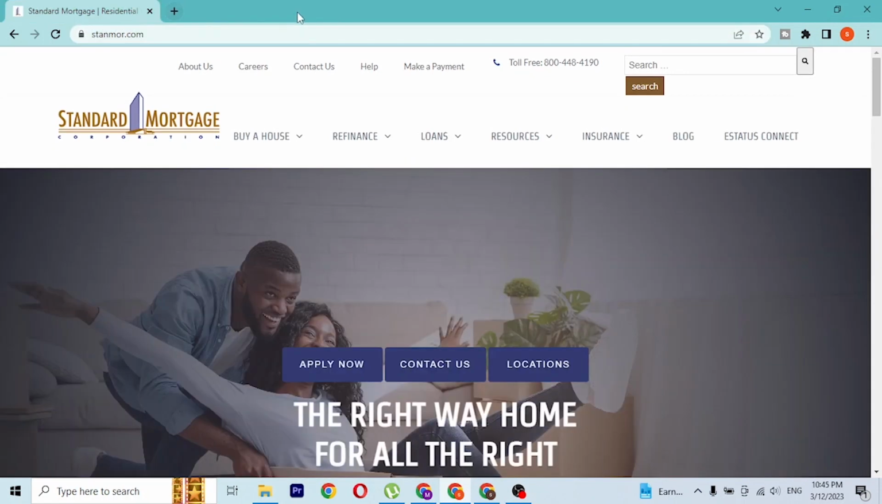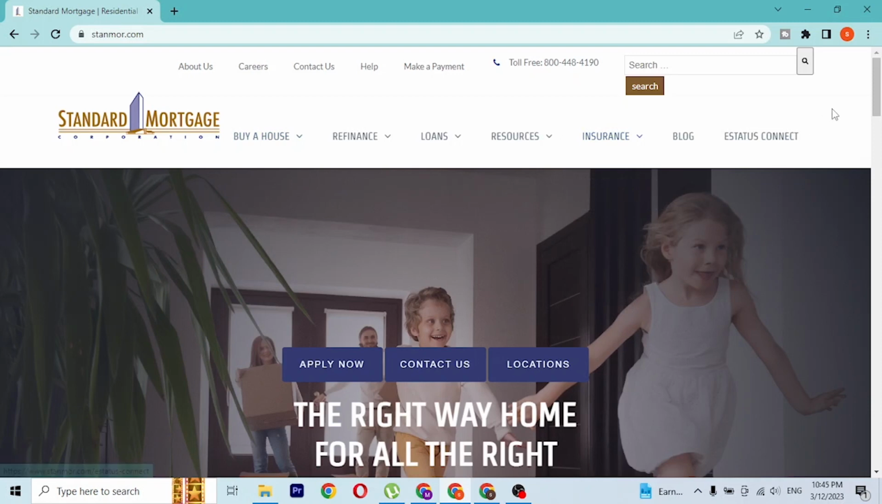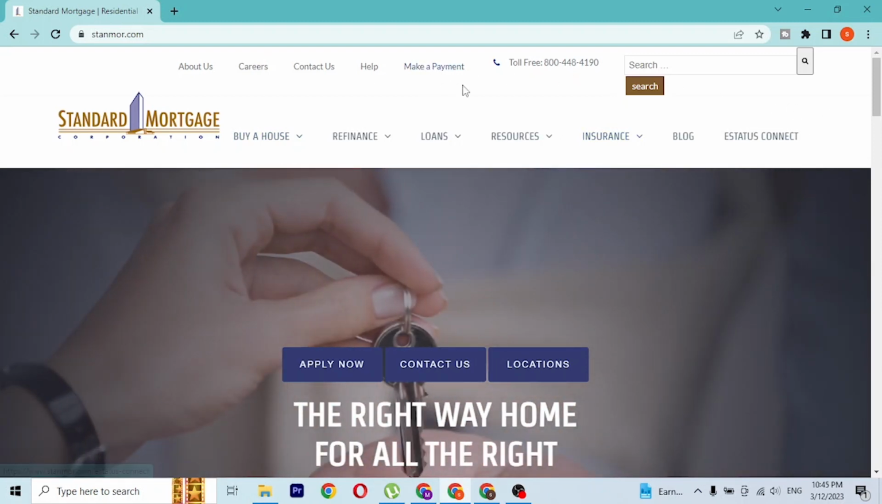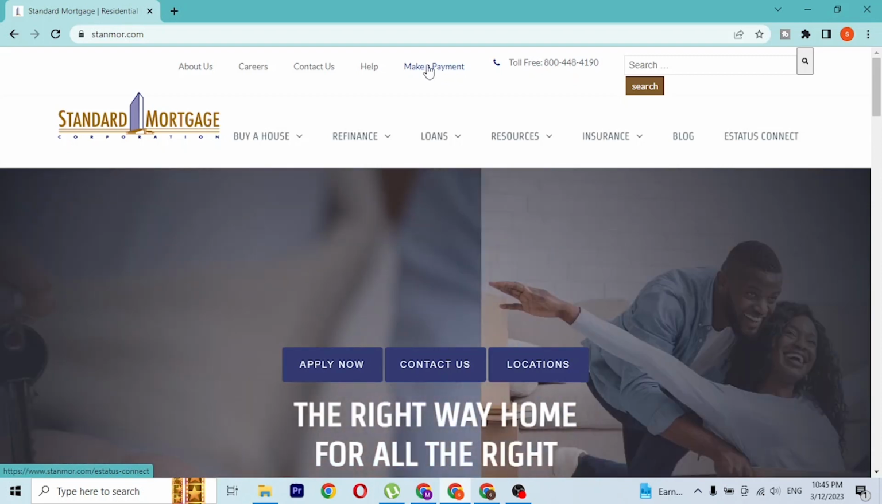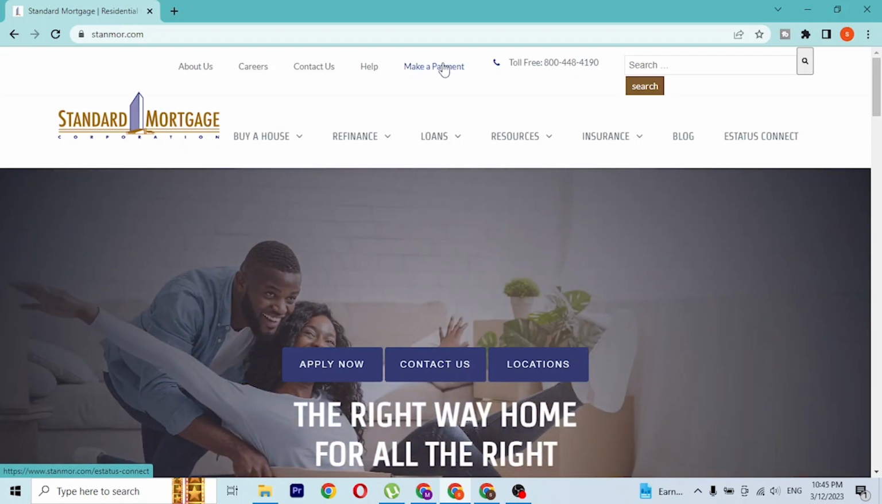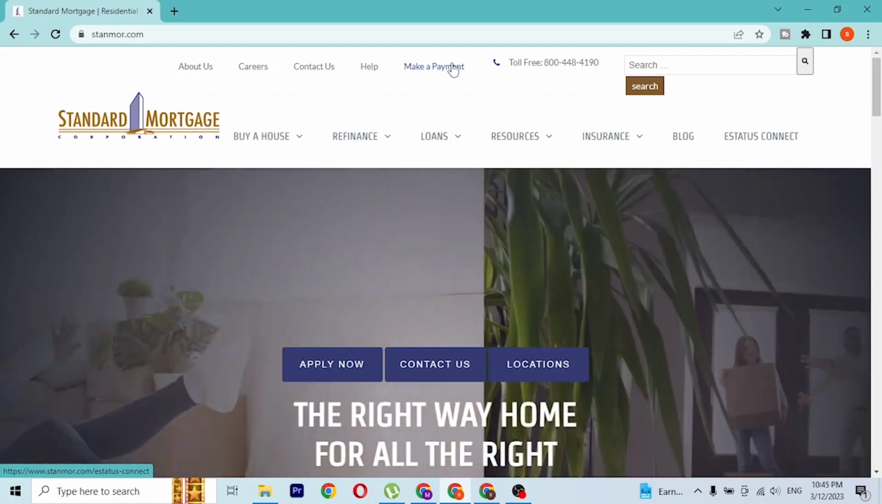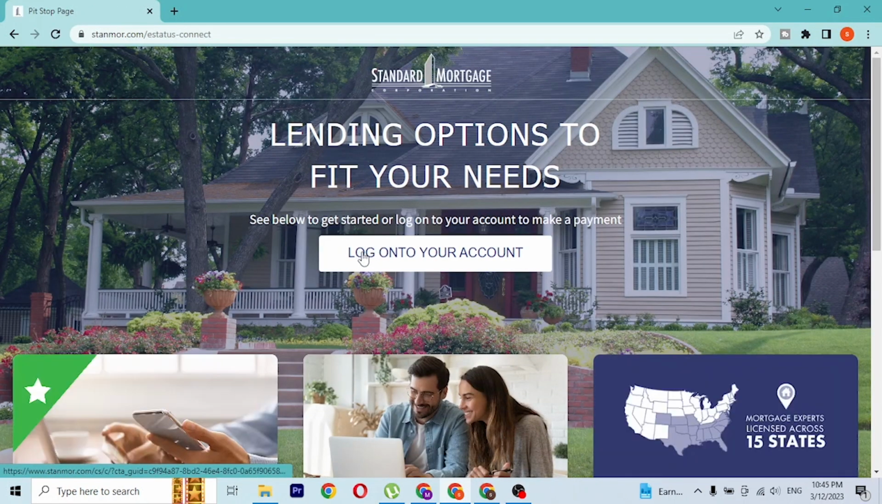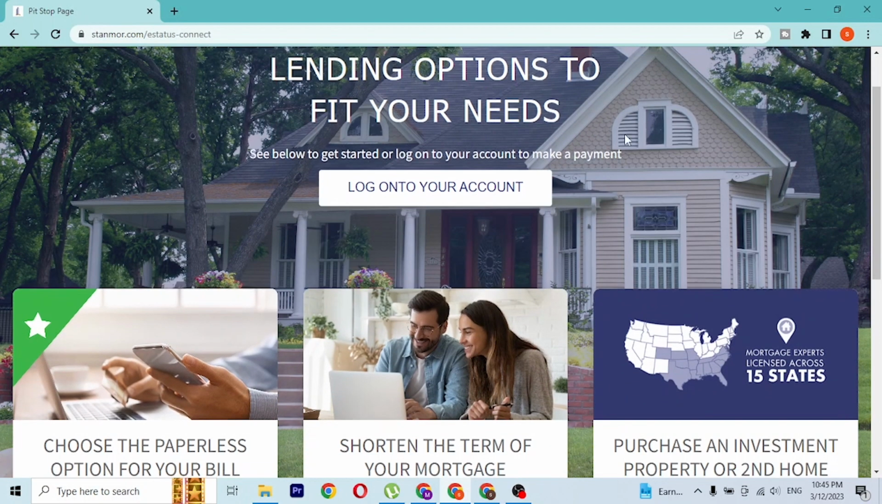Now to log into your Standard Mortgage account online from over here, at the top of this page you can see there is the Make a Payment button available, where I'm hovering right now. Click over there which says Make a Payment, and on the next step you'll be required to log on to your account. This is the place where you will be able to sign into your Standard Mortgage account. So let's proceed with our login and click on Log on to our account,